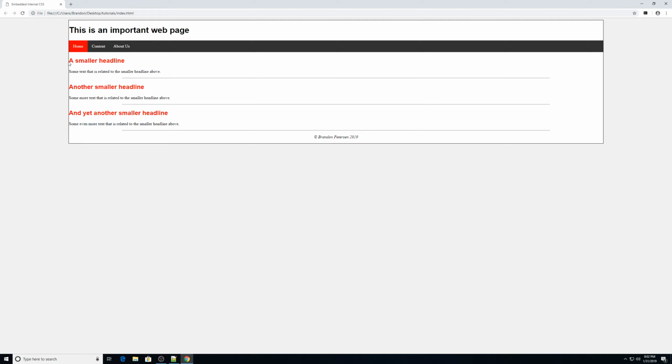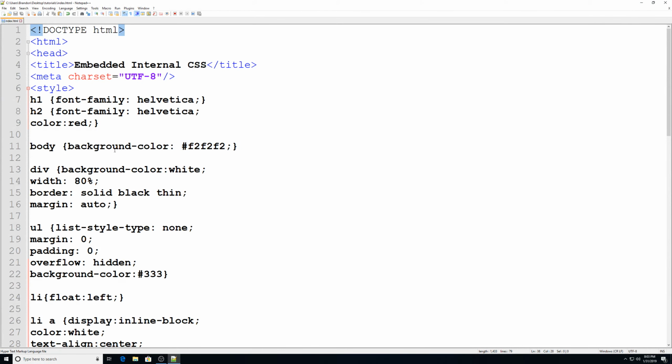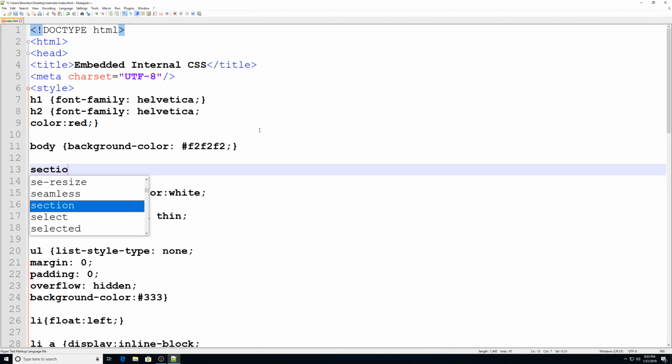You know, this area around the outsides of basically my sections here, let's say I wanted some space around that because I didn't want this quite so close to that black line right there. So we could actually go in here and, underneath body, we could make the rule for the sections. Alright, so let's go section,